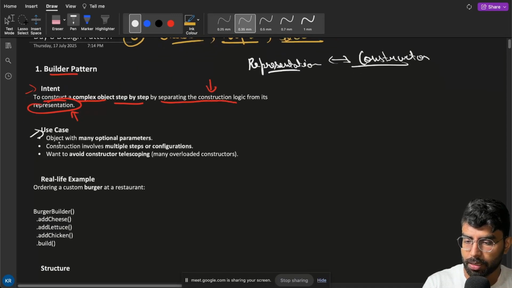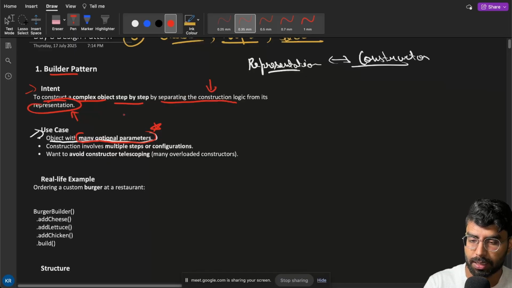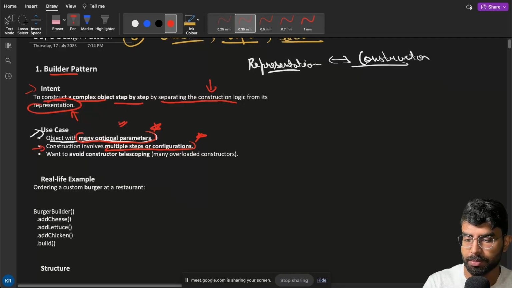Okay, so where will you be using this? We can use it in projects with many optional parameters, right? So where there will be many optional parameters in the object. Okay, we will see the example. Construction involves multiple steps or configurations. Same, many parameters will be there, so multiple steps or configurations will be there. Want to avoid constructor